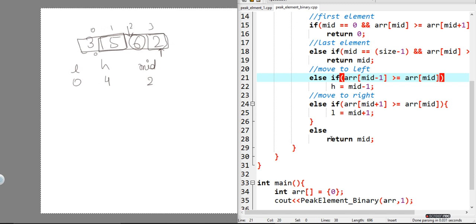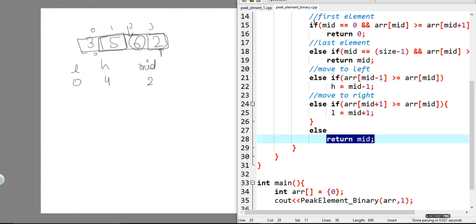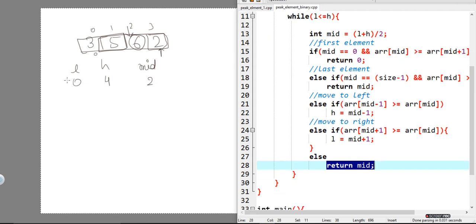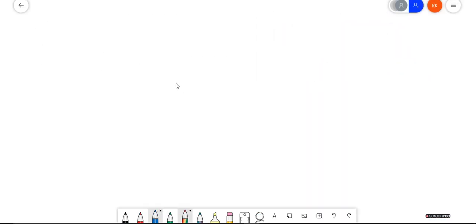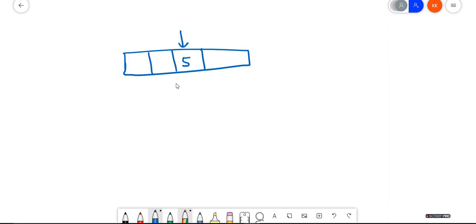At the end what we have is return mid. So if none of the if-else conditions is satisfied, it basically means we have found our very first peak element, so we just need to return the mid value. Return mid means the index value. Okay, and let's say this is not the case, then we have an array, and if this mid value is, let's say, 5, and here we have 7, here we have 3, so if the left side neighbor is higher, then we are going to consider this next array.